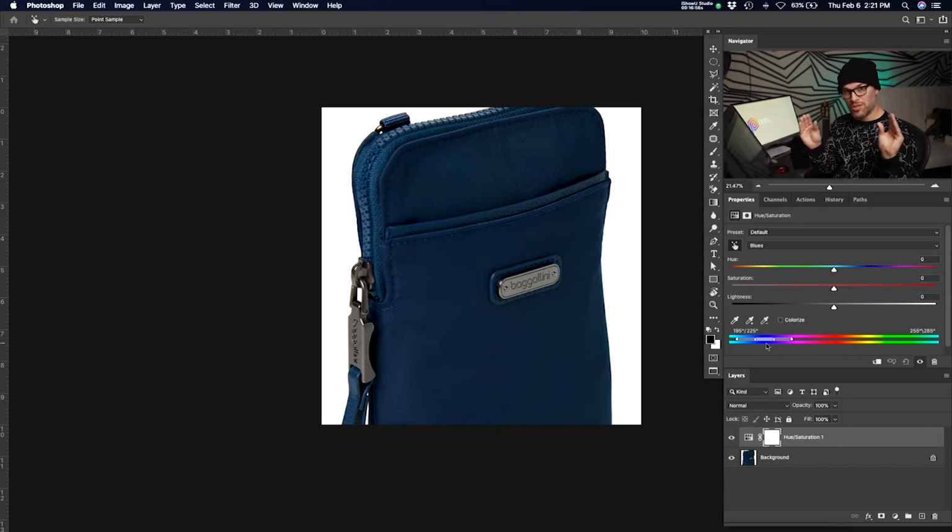I can tighten those channels down in order to tell Photoshop that I only want you to select from this color range, or I want to open it very, very wide so that when I select, it's going to select a broad color range. So let's just say I want blues, but I want it to kind of lean into the purples, but maybe not so far as the reds, right? I can open up this channel slider here on the end and say, pick anything that's within this entire color range. Or in the same way, in the opposite, I can tighten this channel down to pick only a very narrow window of colors. So if I do that, now I can make my adjustments